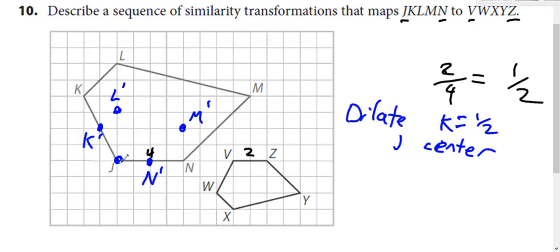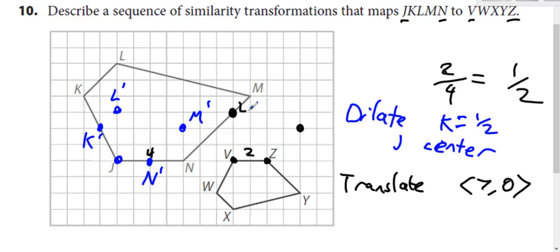So then we need J to match up with V, because J is first, V is first. J needs to match up with V. So for that to happen, you translate seven units to the right. You don't have to go up or down, just 7 units to the right. So that puts J there, N there, M is right there, there's L,